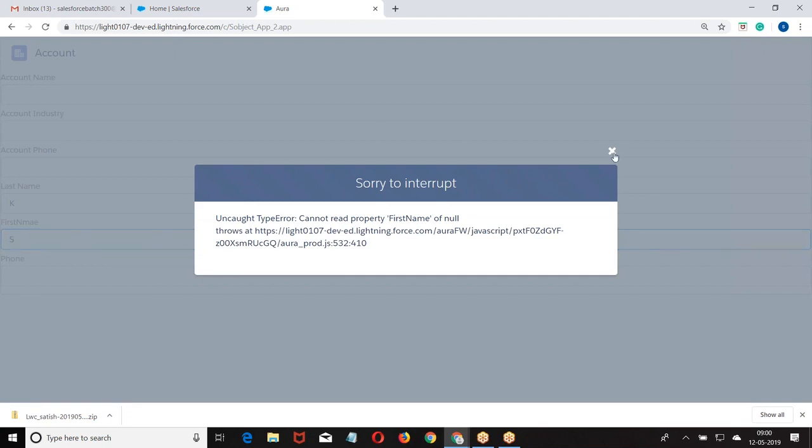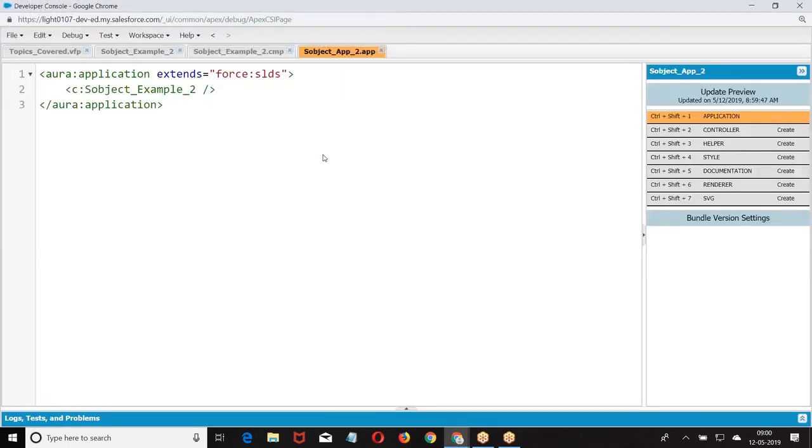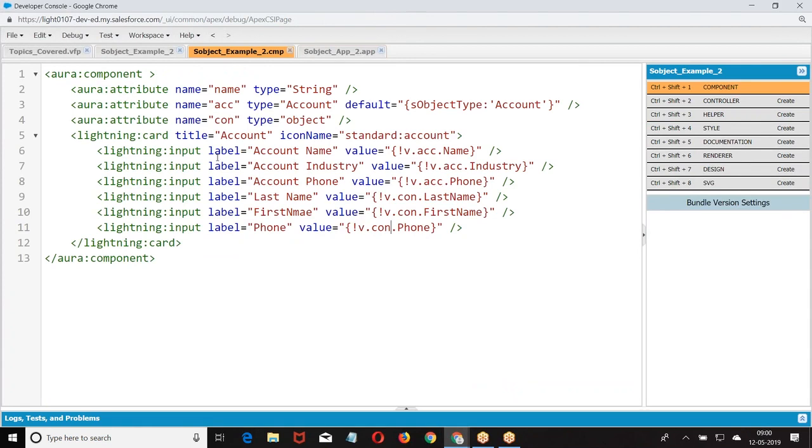Why? No memory was allocated. And what I was able to give here, I was supposed to give object type.